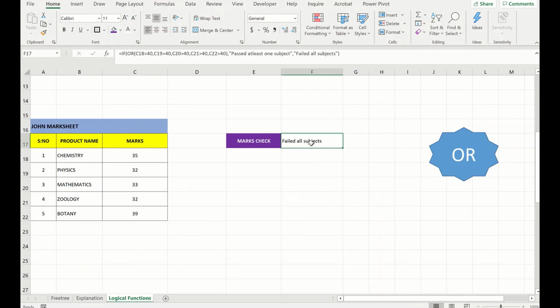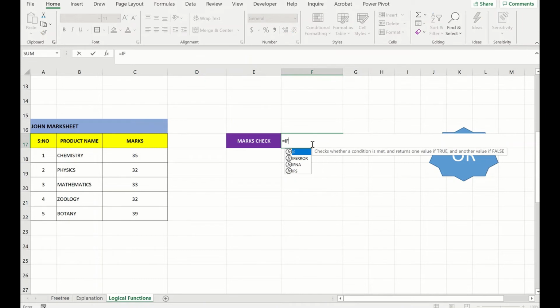So how do we do it? Again, the same thing. We go for IF, and in the place of the logical test, we press OR. The first logical test is that the mark is greater than 40, the second is that the second mark is greater than 40, the third is greater than 40, and so on. That completes the OR function. If this is true, what does it mean?